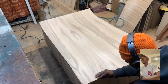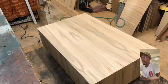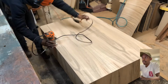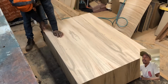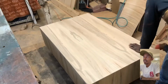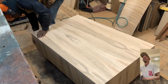And so here, same process, lay down my sticks, put my veneer on top, and then just kind of slowly work my way to the end of the piece. Once I got it secure, apply some pressure on top, trim my edges. And I'd like to have had maybe a pressure roller to help me really roll out the veneer, but I spent some extra time making sure that I applied enough pressure with my hands and using